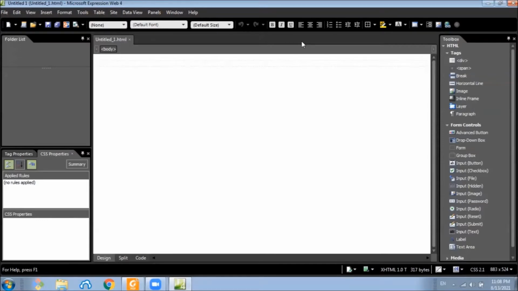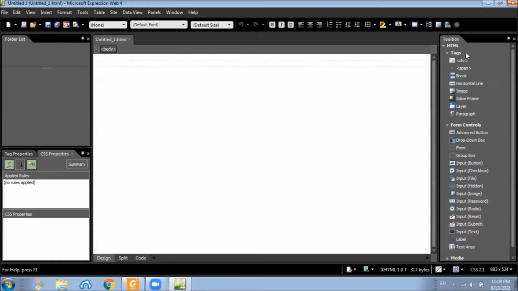When you first launch Expression Web, you will find a number of task panes, toolbars, and dialogues with a wide range of features in the user interface. Now, things like this and this kind of panes. You can customize the interface by docking and undocking toolbars, opening and closing task panes, and changing preference settings.